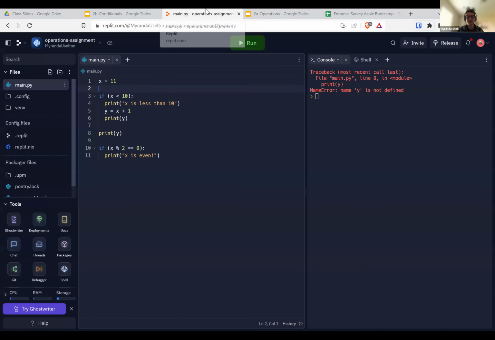So if x is less than 10, we're going to print hooray. And I'm doing this because I don't want you to think that it's looking at what the string says. So now I'm going to say elif, and this needs to be unindented. Elif x is greater than 10,